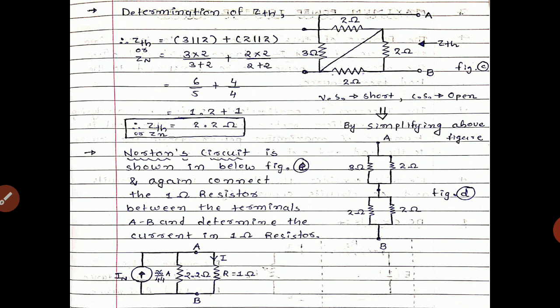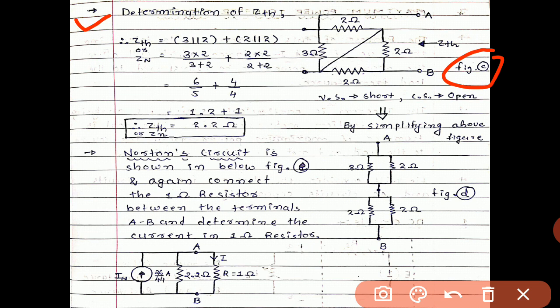Now our next target is to find the value of ZTH, because to develop the Thevenin circuit we have two values, equivalent impedance and Norton current source. So apart from that, in the first step we find the value of IN. In this step we find the value of ZTH. From the figure, suppress all the sources. So the voltage source whatever is given is shorted, and the current source is given, load is removed. So the figure will be like this.